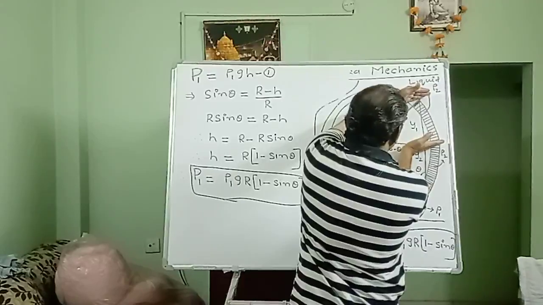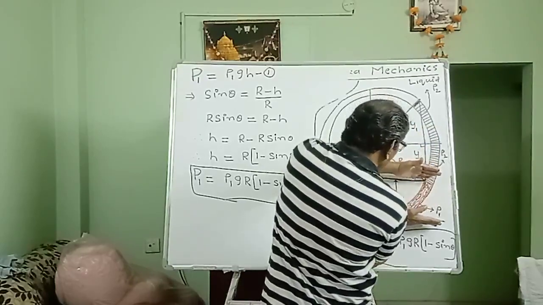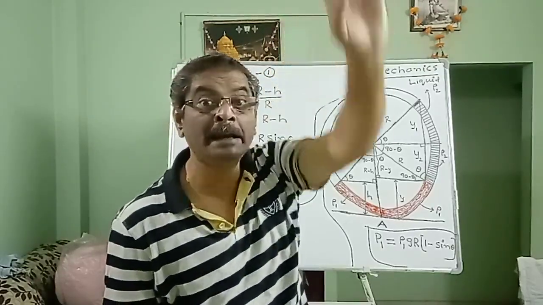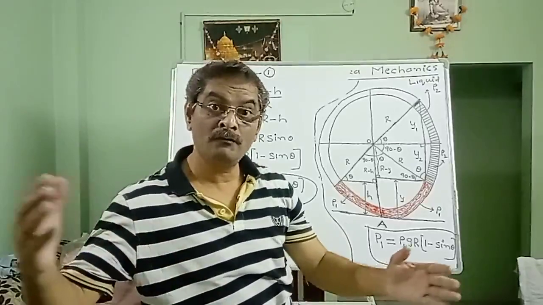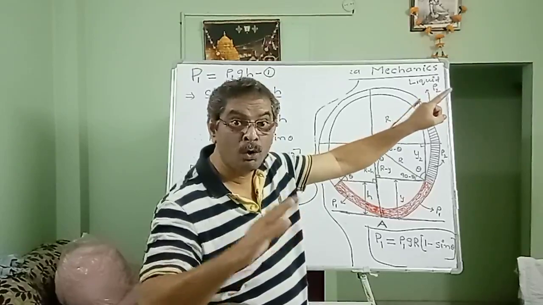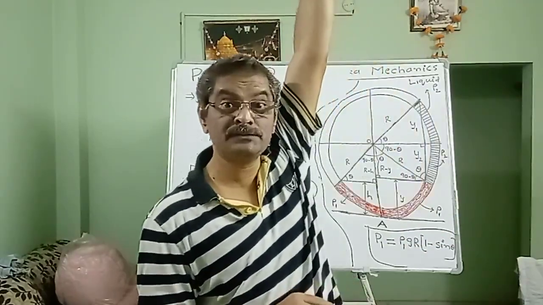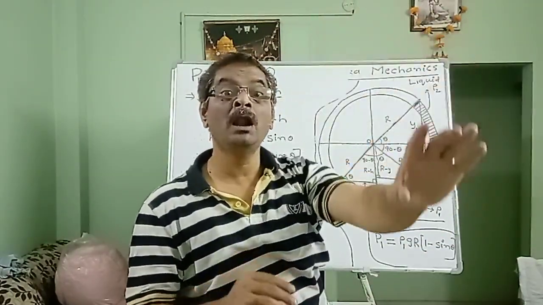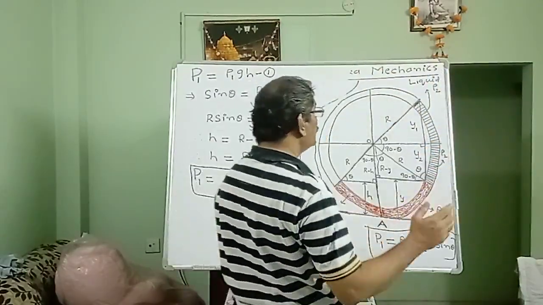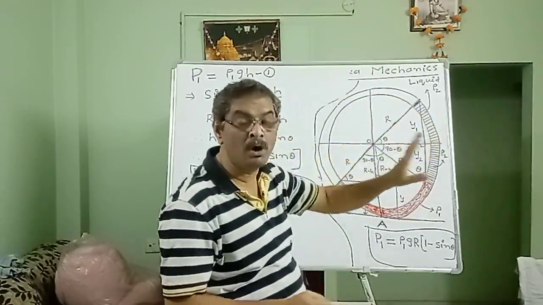Looking at the diagram, you can clearly see from here to here, the vertical height of the liquid column will be y1. From here to here, it will be y2. From here to the base, it will be y. So meaning the total height of the right column will be numerically equal to y1 plus y2 plus y. Above the reference point, it is very clear the total vertical height of the right liquid column will be y1 plus y2 plus y.